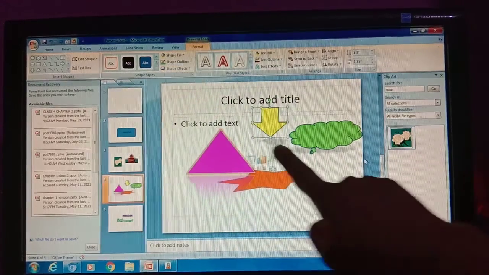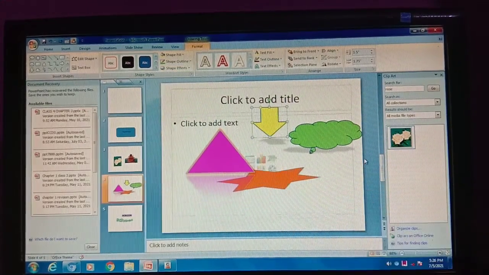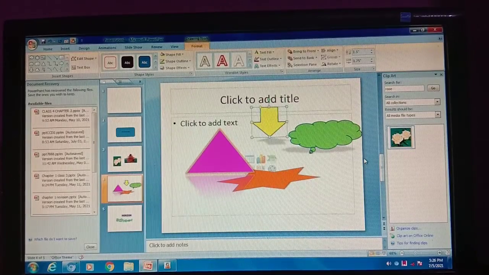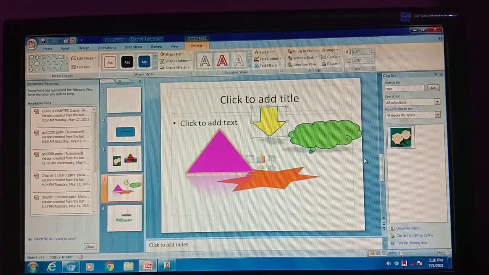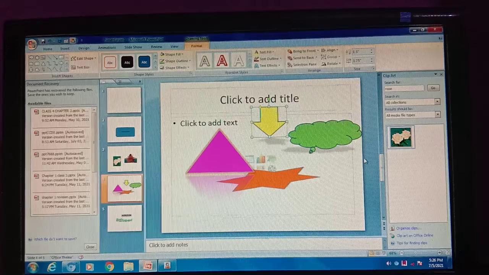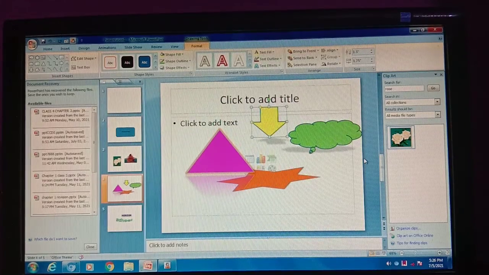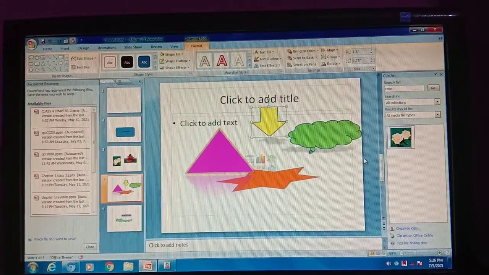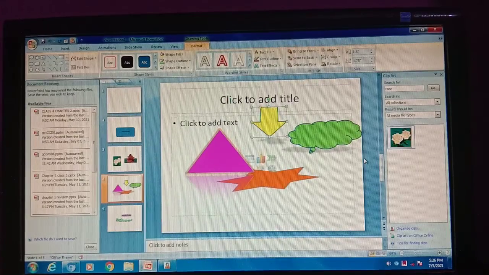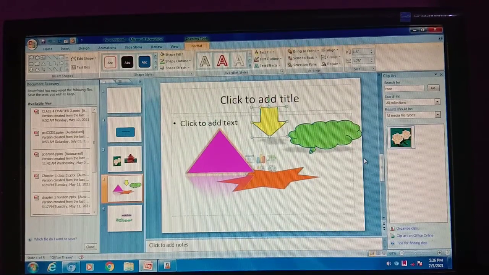See, are you able to see this shadow effect? So it means with the help of this PowerPoint presentation, with so many tools available here, you can make it more interesting for the audience. So these are the effects that you can apply in your presentation.